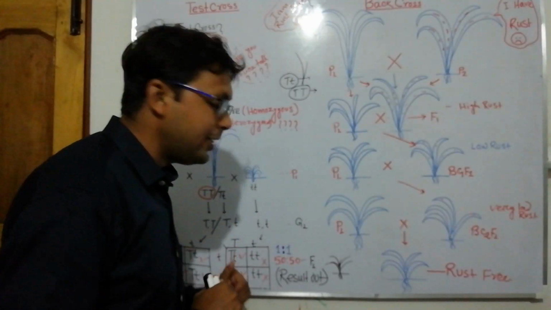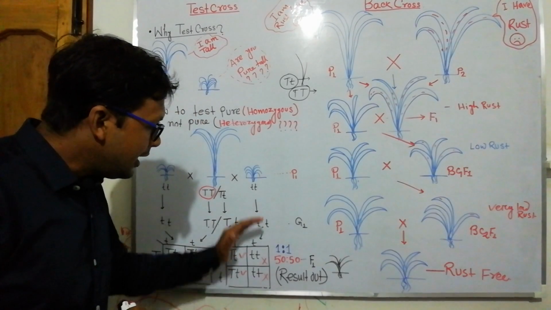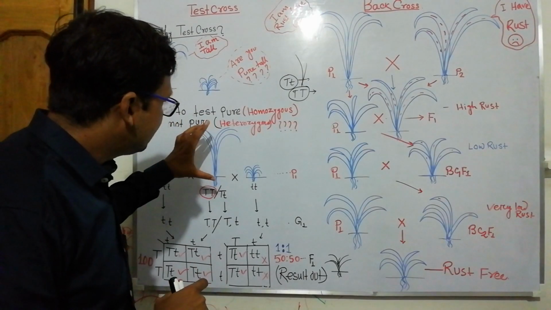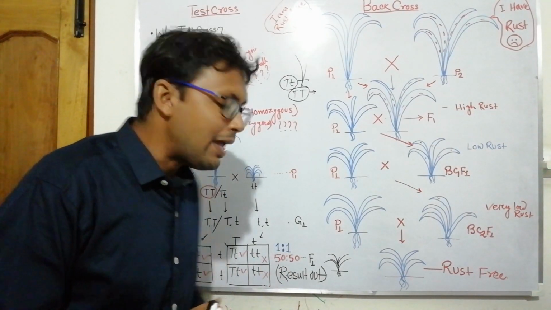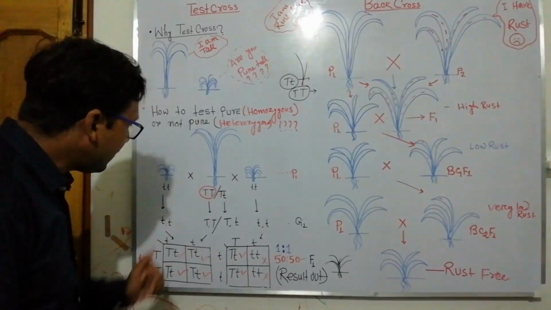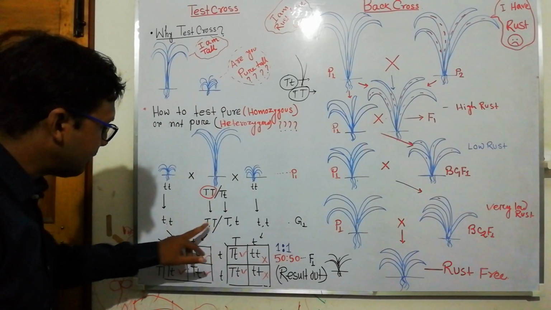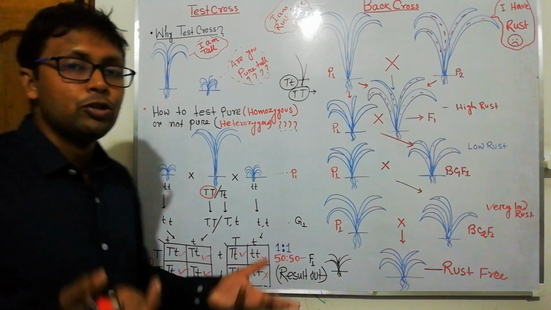So it is called monohybrid test cross, only one trait is determined here. In a monohybrid test cross, if the result is 1:1, 50-50, then the testing plant is heterozygous. If the testing plant is homozygous, what will happen? When it is capital T, that is homozygous, it will give another result. It will give this kind of gamete, capital T gamete, small t gamete from here, and as a result 100% of plants will be tall.